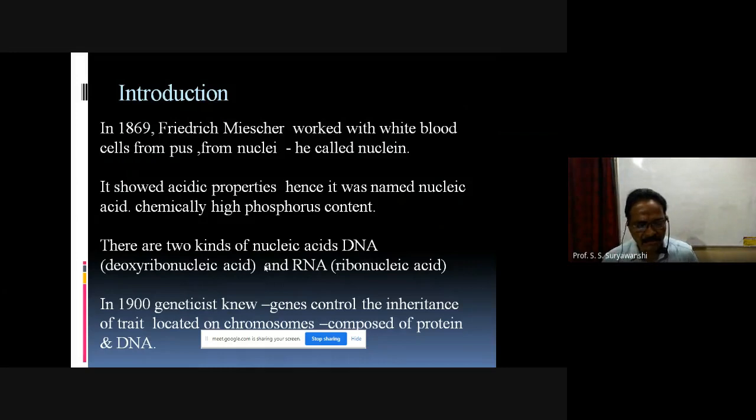So in 1869, this scientist, Friedrich Miescher, worked on this; he tried to find out what is the reason, what is the factor, what is the principle that is responsible for the characters to transfer. And he was